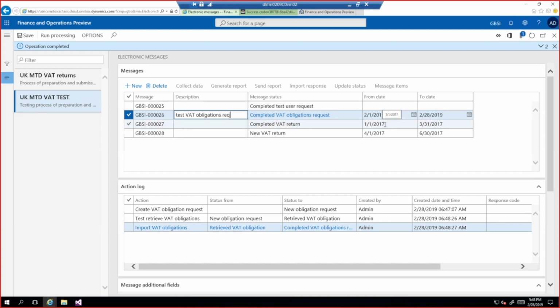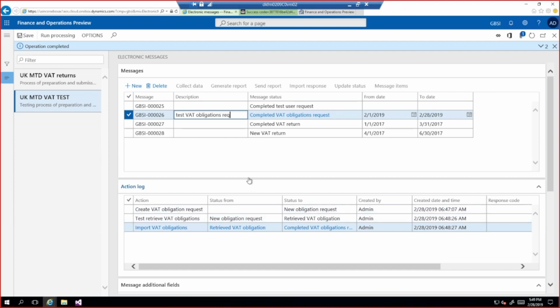As you can see, the dates in the response are not in correlation with those which we set up, but this is how it works for the sandbox environment. Also, the status of the electronic message for the VAT obligation request is updated to completed VAT obligation request,